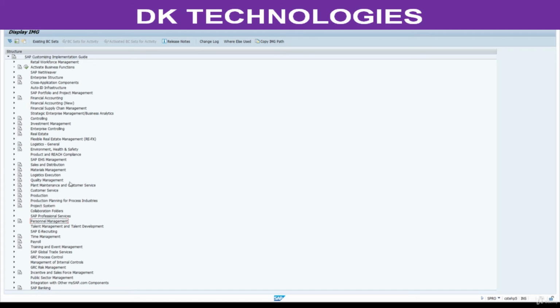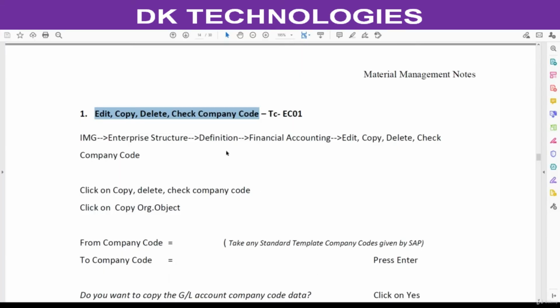Since this path is made for all the modules, whatever path we are accessing here, let us take financial accounting now, because creating a company code is the job of the FICO consultant. In real time, we are not going to create it. As a consultant, I am not worried about this company code configuration. Here, for the purpose of practicing our business scenarios, we are creating this company code. Otherwise, we are not going to do it in real time. Now go to the path.